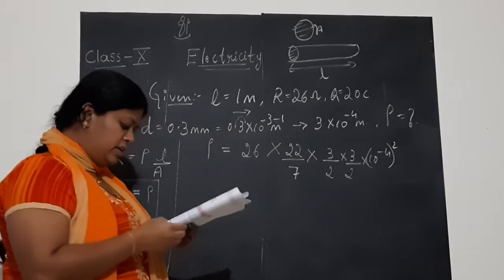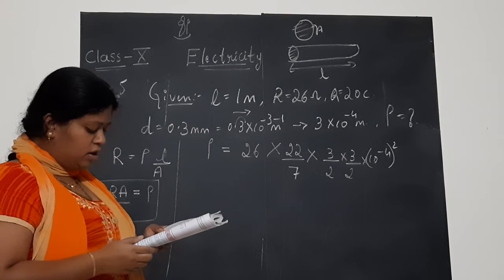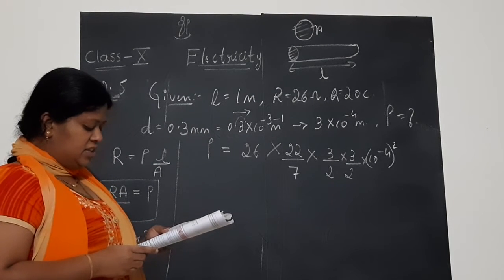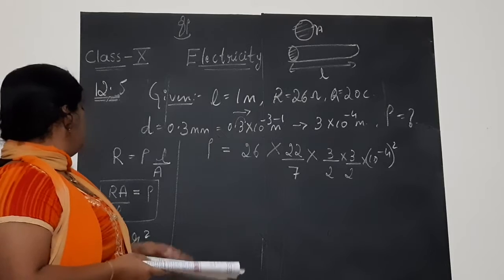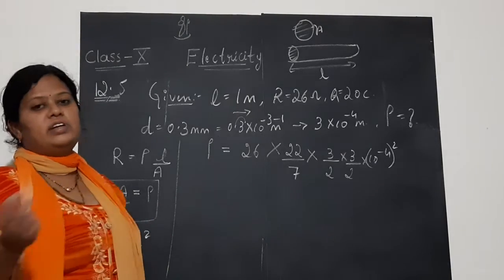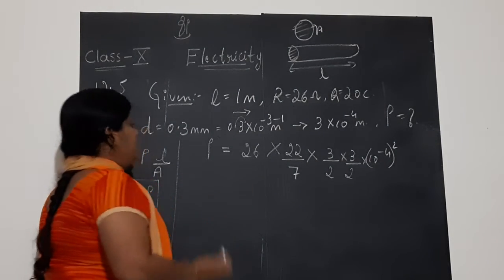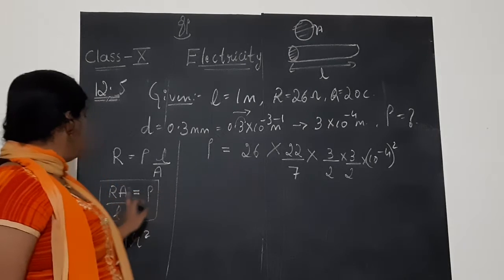How have they done it in your textbook? Let me see and follow the same step. They are very clever. They have not shown you the simplification, children. What they have done is simply given the formula, shown the substitution, and given the final answer. So let us do all the circus of finding it. No problem. R is 26, pi r square.